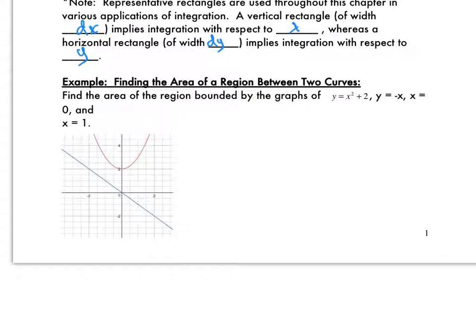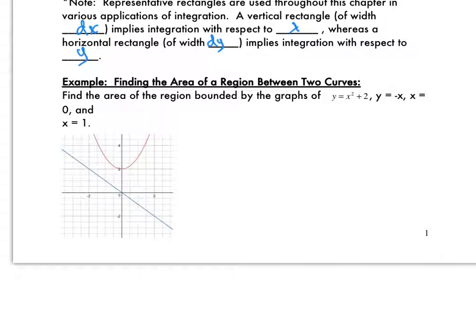And this first example indicates that we are going to find the area of the region bounded by the two curves y is equal to x squared plus 2, y is equal to negative x, and a couple of vertical lines, x is equal to 0, you know it better as the y-axis, and the line x is equal to 1. So I've got the privilege of Desmos for this, but in your case you're going to want to make sure you've got your dirty dozen down pretty cold